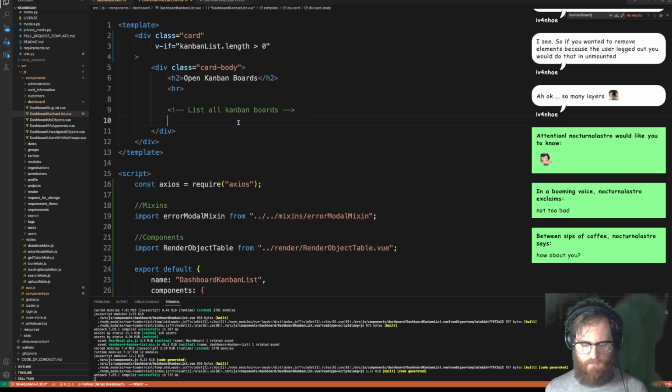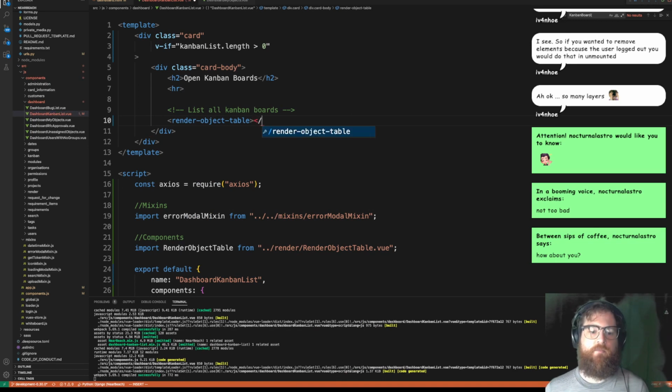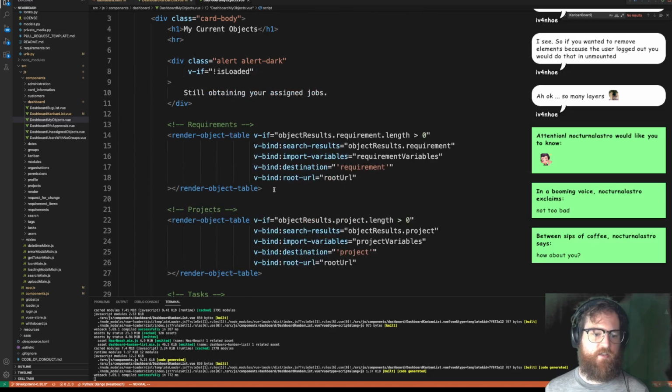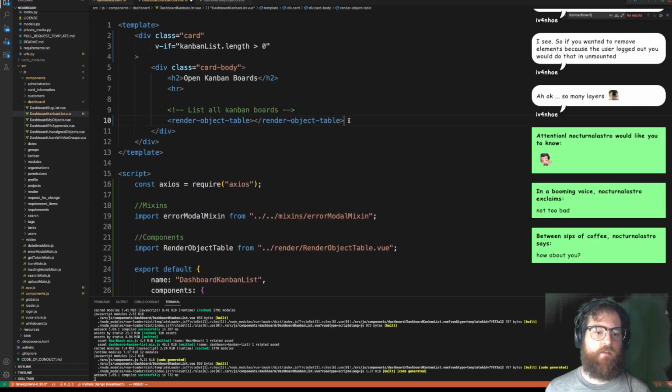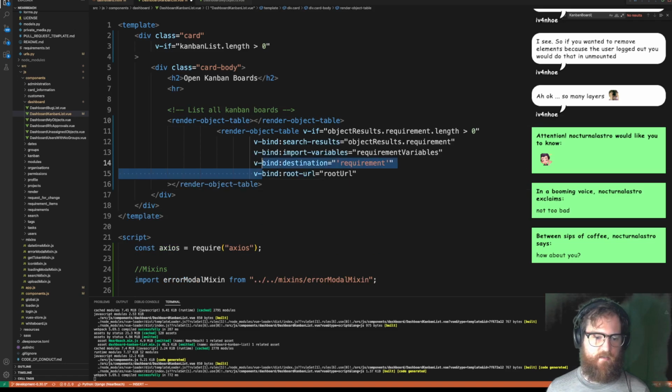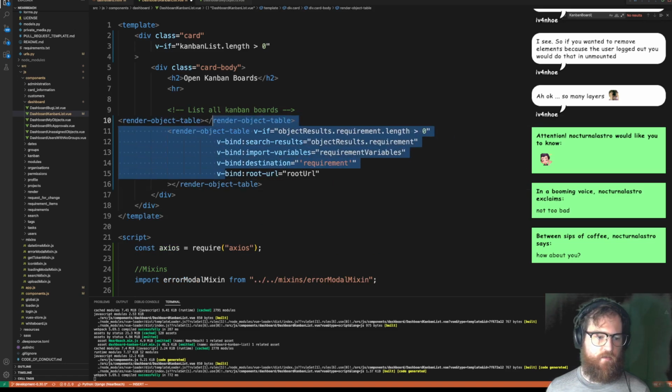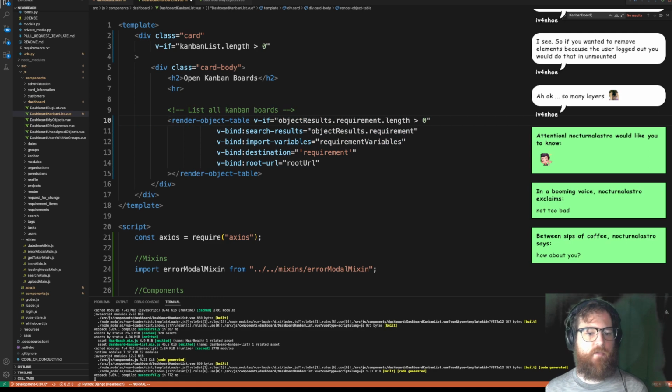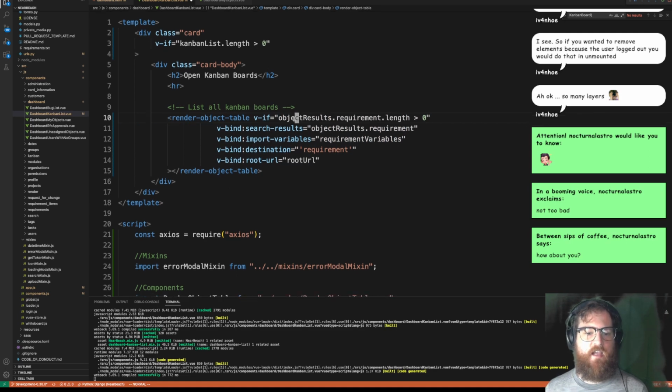And then up here we've got render object table, but we've got to include all the properties and stuff like that. So we're literally just going to copy this, paste it in. Work smarter, not harder. All right, cool. So if